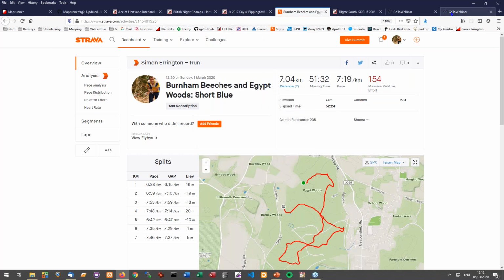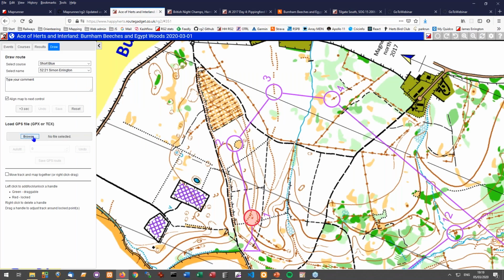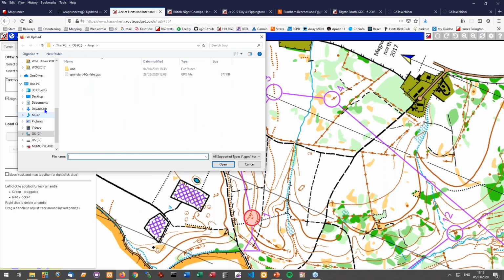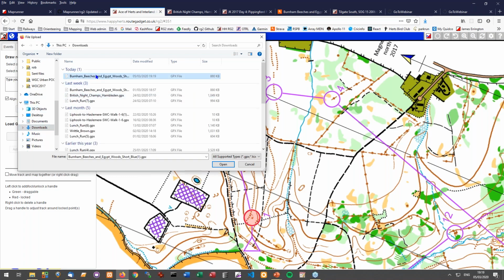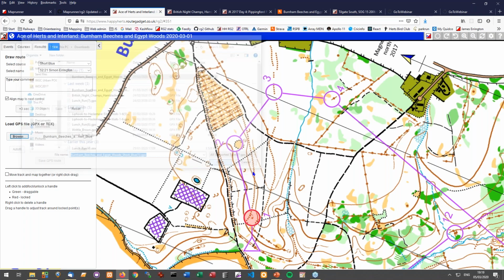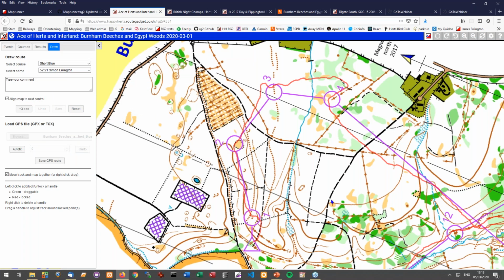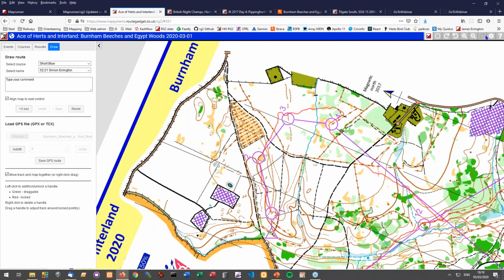And then what I can do is go back to where I was and just browse for that file. Somewhere in my downloads. That one there, it is. I can just pick that up. So what can we do to play with this, and then how does it work? Let's just put it back up this way.